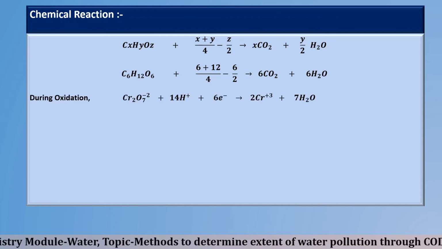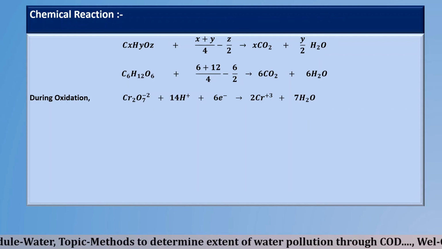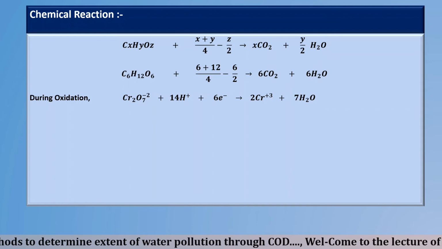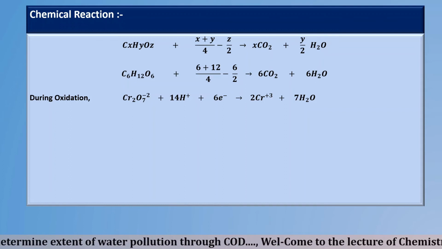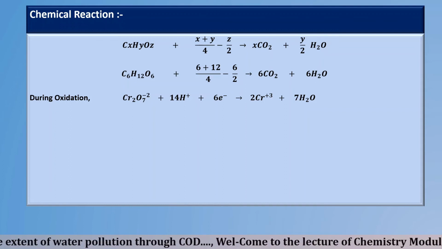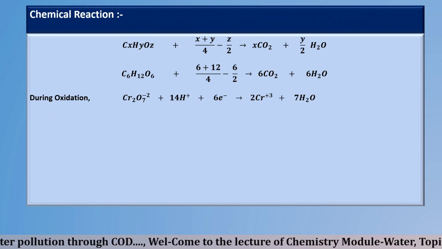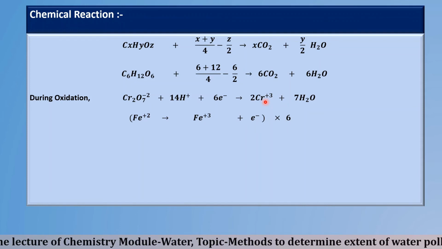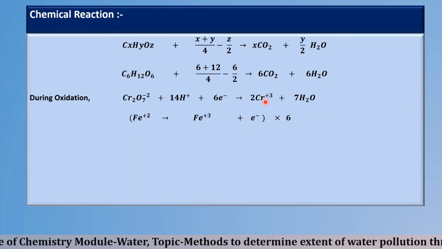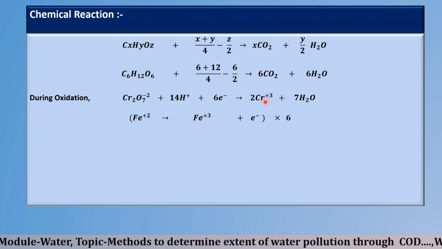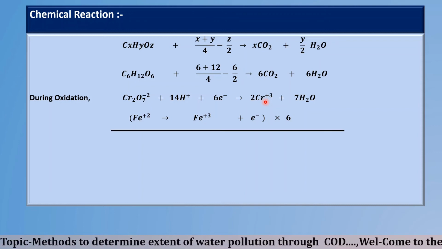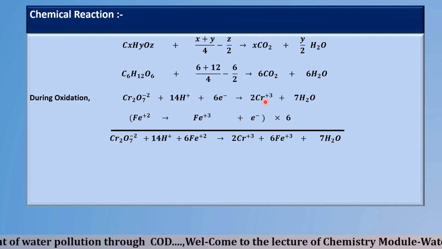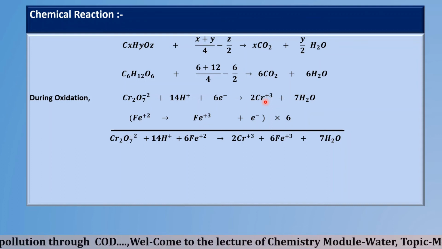During oxidation, the reaction involves potassium dichromate, in which the dichromate ion is basically a strong oxidizing agent. It causes oxidation of organic matter and itself gets reduced. And during titration, in ferrous ammonium sulfate, the iron is present as Fe2+, which undergoes oxidation to Fe3+, that is, loss of electron. And this is the total reaction observed in the determination of COD of